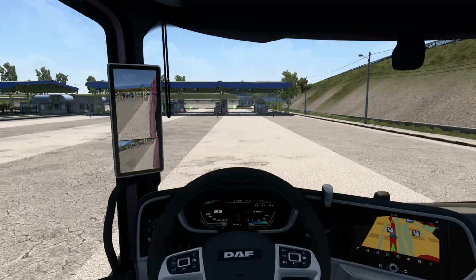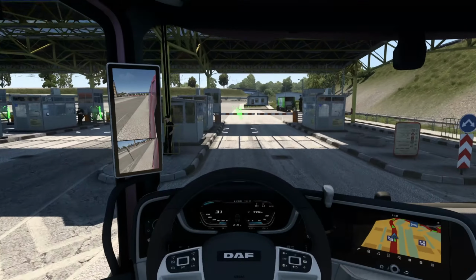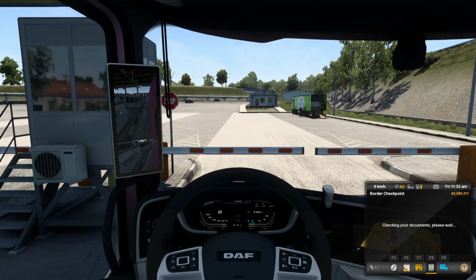Oh wait, am I going to have to pay again? Or is this... Oh, this is the other side of the border. The documentation check. This is interesting. Okay. Got one going either way. That would make sense. So we're going to go through here. Checking documents again. Hand the guy...